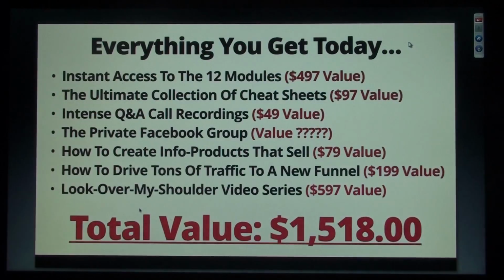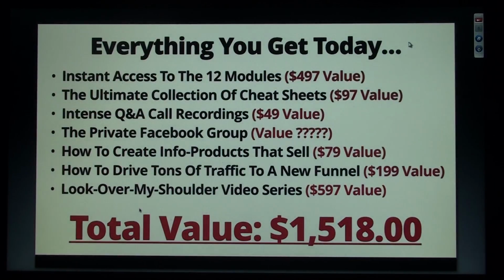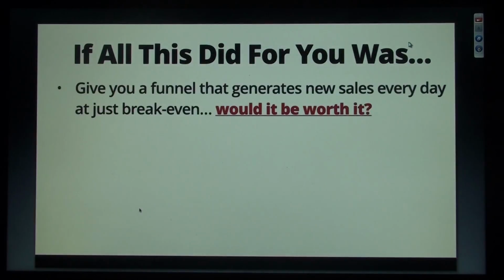Now look, I want you to think about it this way. Because $1,518 is not a drop in the bucket. But if all this program did for you was give you a funnel that generates new sales every day at just break